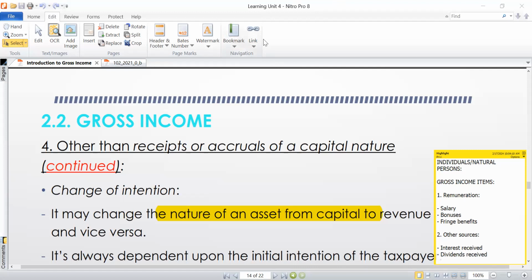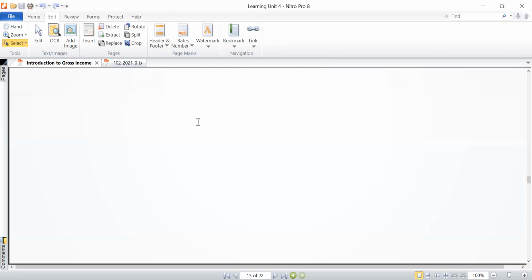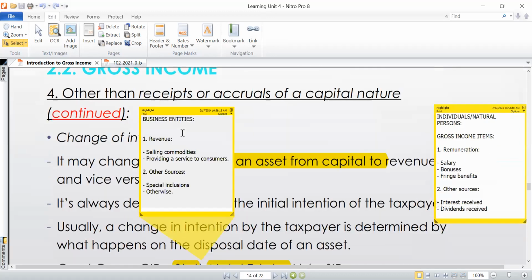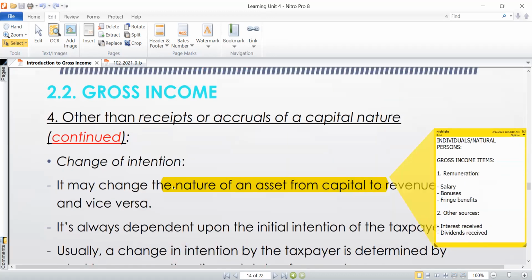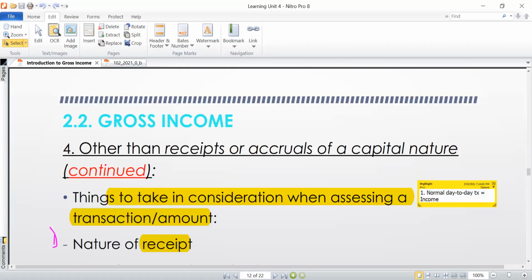All right, that's perfect. So welcome to our second lecture for our Tax 761 tutorial session. You notice that from the first lecture that I held with you last week, I began to introduce you to the concept pertaining to gross income. And one of the things that we began to look at was the elements of the gross income definition. So just as a quick recap,